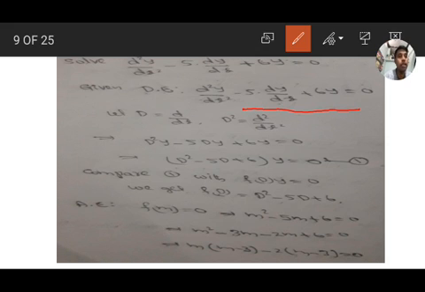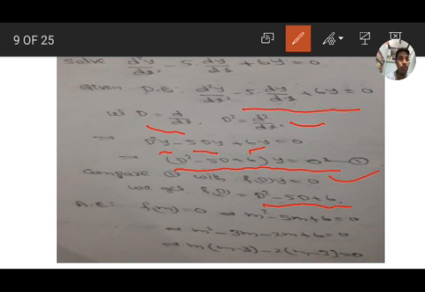So let us write the first step. We have to write it in the symbolic form, that is D equal to d by dx, D square equal to d square by dx square. If you write the equation, D square y minus 5 Dy plus 6y equal to 0, that is (D square minus 5D plus 6) y equal to 0. Compare the equation with the standard form f of D of y equal to 0. We get f of D equal to D square minus 5D plus 6.